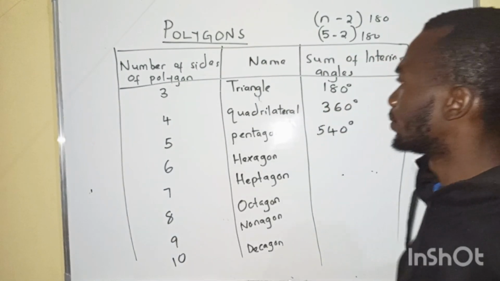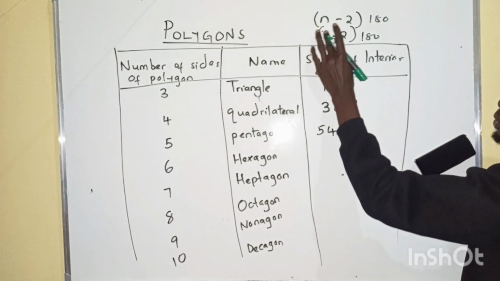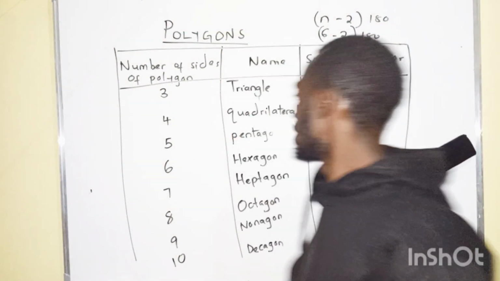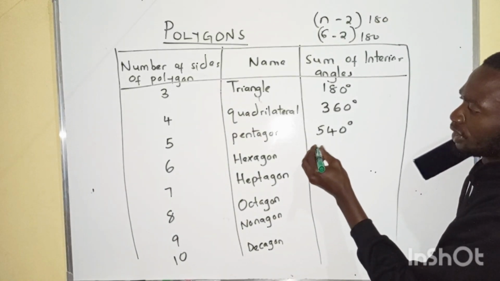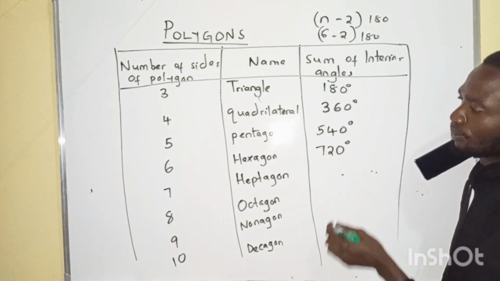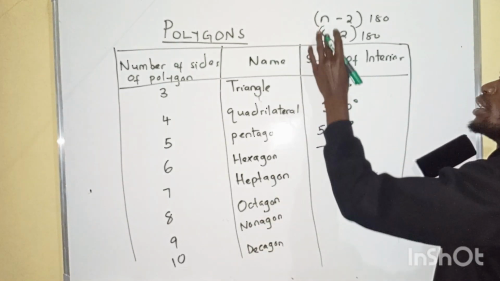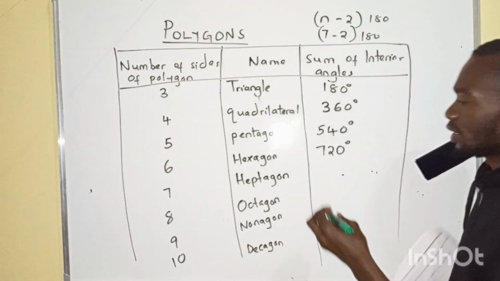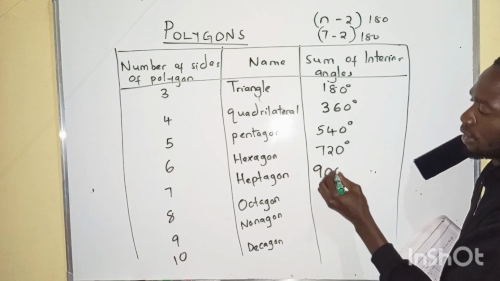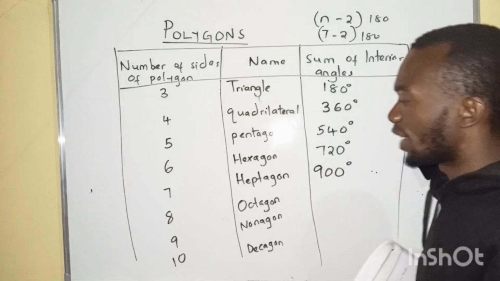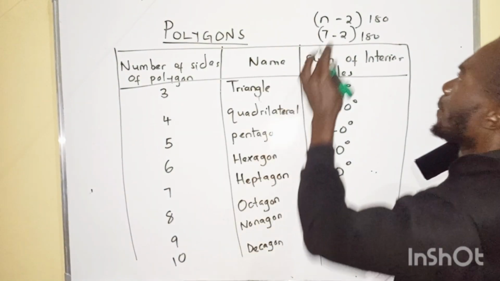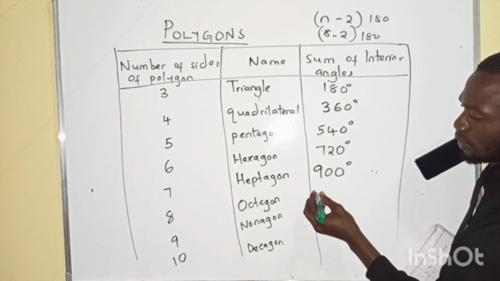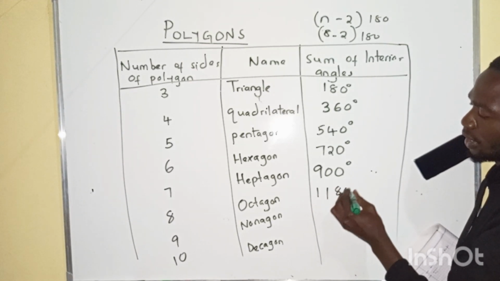Now for a hexagon, a 6-sided figure, you substitute n to be 6. 6 minus 2, that is 4, times 180. Here we obtain 720 degrees. A heptagon is a 7-sided figure. So we substitute 7 minus 2, that is 5, times 180, we get 900 degrees. Then an octagon, the number of sides is 8. 8 minus 2 is 6, times 180,